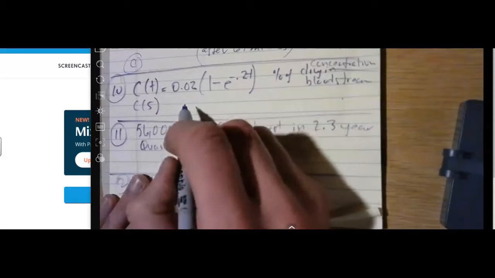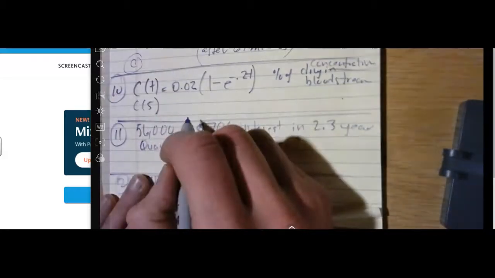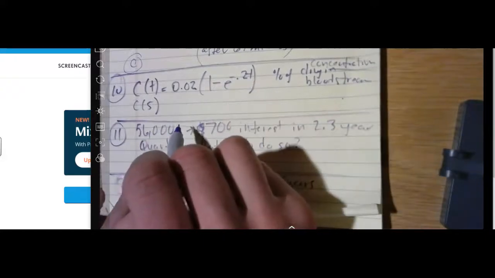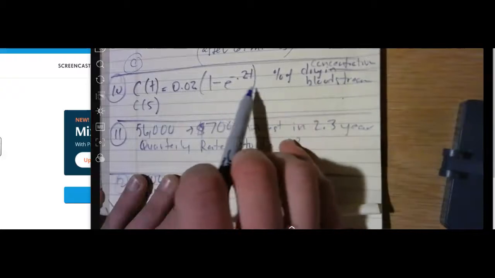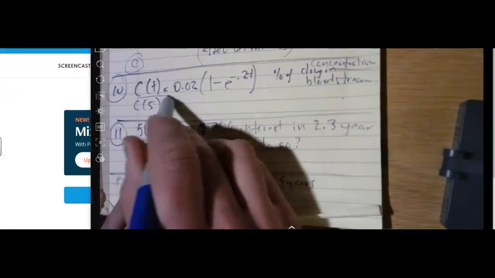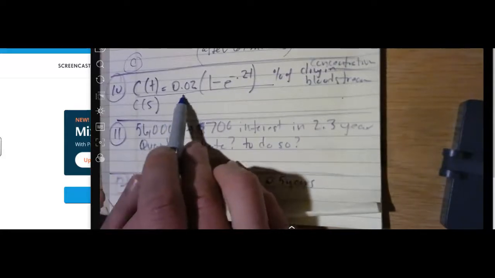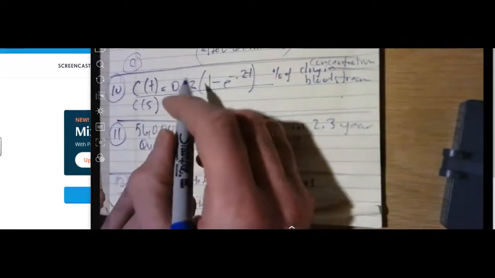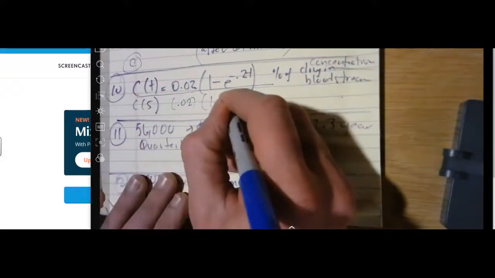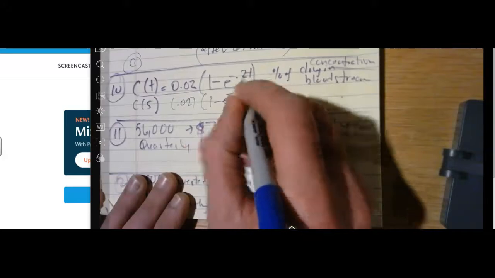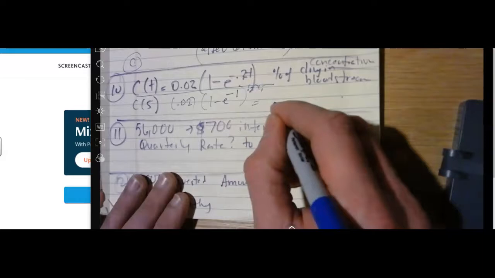As I told you, a lot of these problems involving the application of logarithms deal with exponential functions. Logarithms comes next, are scientific in nature. So this problem deals with the concentration of a drug in your bloodstream, and it's modeled by this equation right here. And they want to know 5 minutes in, what's the concentration of a certain drug in your bloodstream. So you're going to put 0.2 in there for the variable. So you're going to have 0.02 times 1 minus e to the negative 1 because you're doing 0.2 times 5. And then you just do this carefully on your calculator,